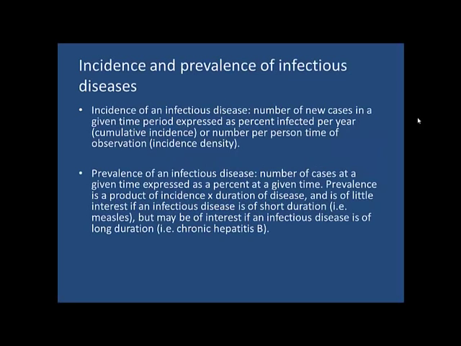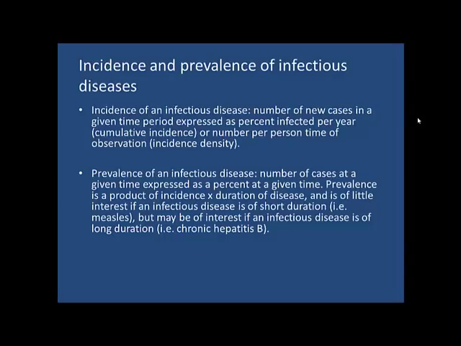The incidence or prevalence, this is a key characteristic to understand when you're talking about the global health aspects of it rather than the clinical aspects. We're going to be using these terms quite often, so I think it's necessary to get a clear understanding of what they are. The incidence of an infectious disease is the number of new cases in a given time period